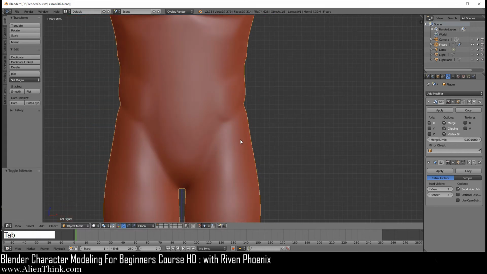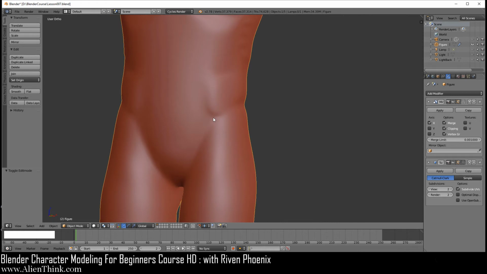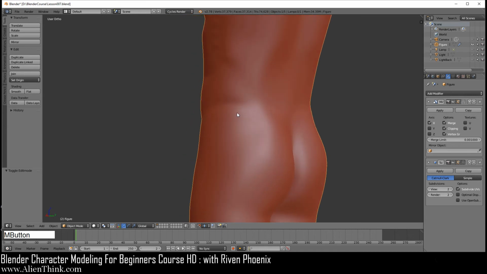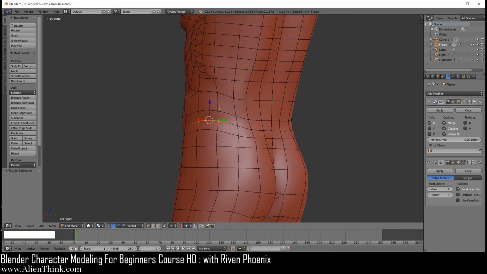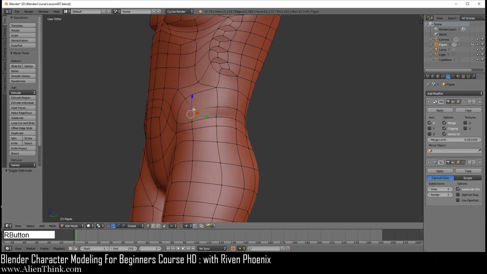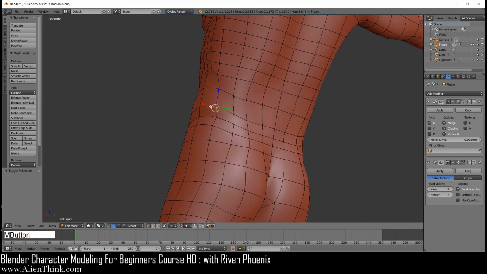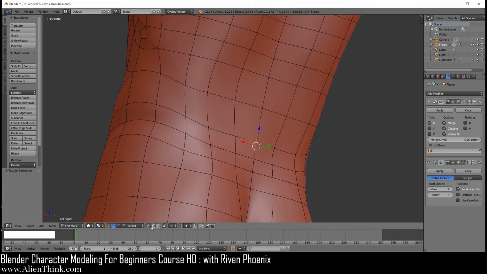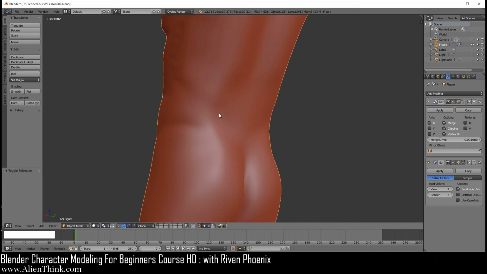If I do tab, you can see what we've done is define this area for the love handles and this nudge over here. Okay, so in the back, if I do tab over here, this line over here, I'm just following this line across so you can see where this is. Okay, and this is over here. So it's this one right over here. If I just select this and do edges. Here's the middle. Here's the one over, and then this is another one. If I just do 1, Control A, you can see that what we're doing is just defining the back.